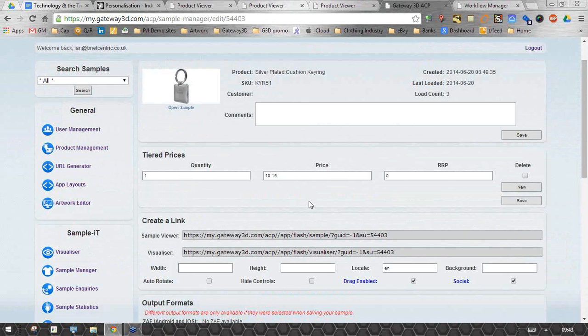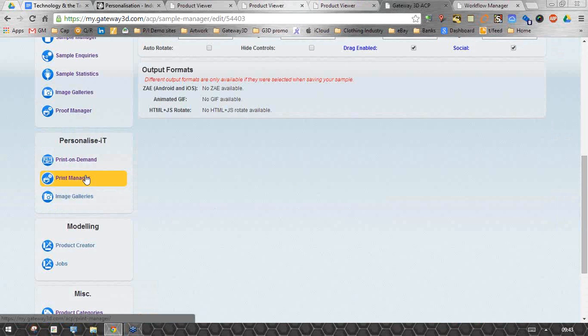So once the customer's seen the 3D or the 2D sample and confirms the order, either from your website or from your proof, simply adding to the cart, it will appear within, as I just mentioned, the Print Manager. So if I just go down to the Print Manager,